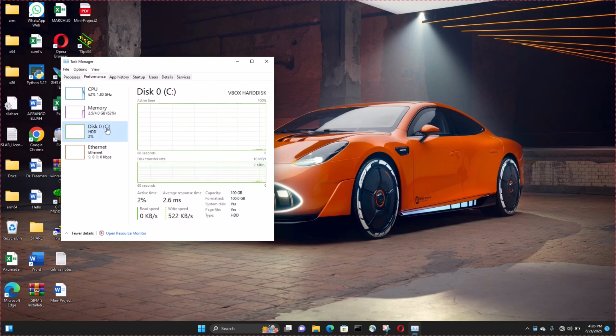Once you click on the disk, you see the type here is HDD. My daily drive is Ubuntu. I'm running this Windows on VirtualBox. That is why it is showing the type as an HDD. But my daily drive is Ubuntu and it is running on an